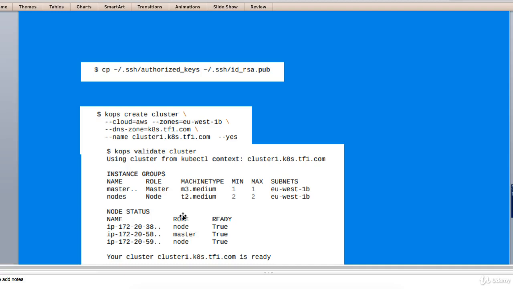By now you know how to create a Kubernetes cluster in AWS using the Kops tool. Now that your cluster is up and running, you can issue kubectl commands against it. It might also be worth having a poke around in the AWS console to see some of the resources that Kops created. So I'm taking a pause